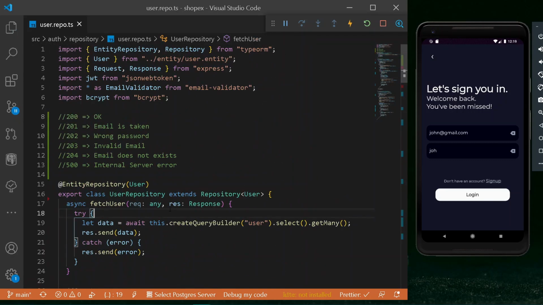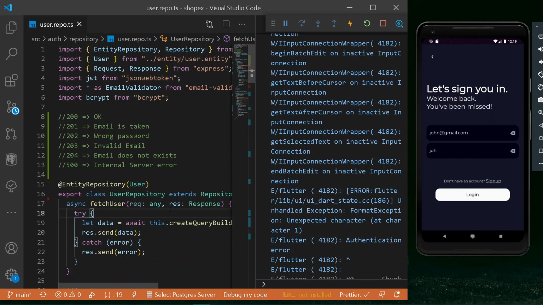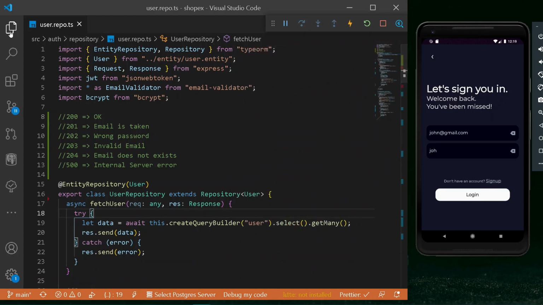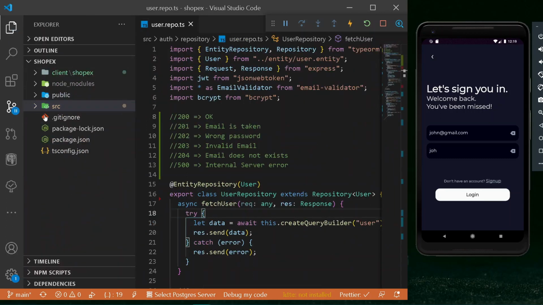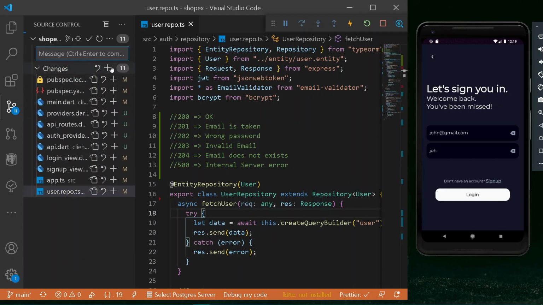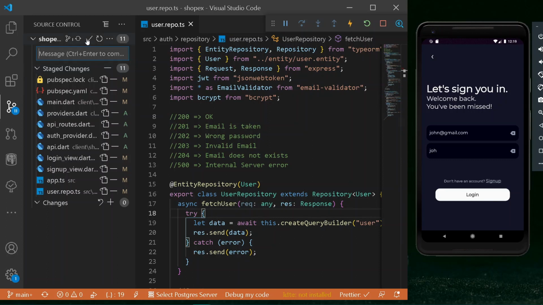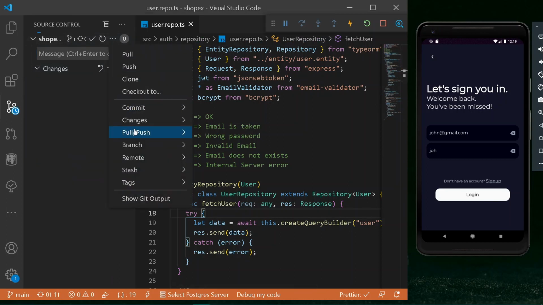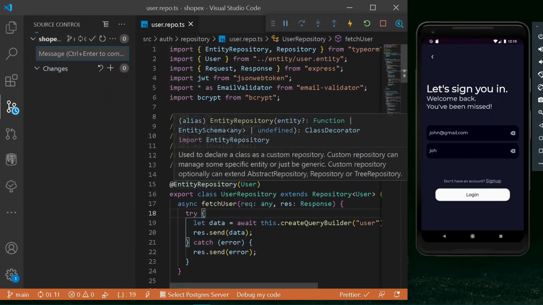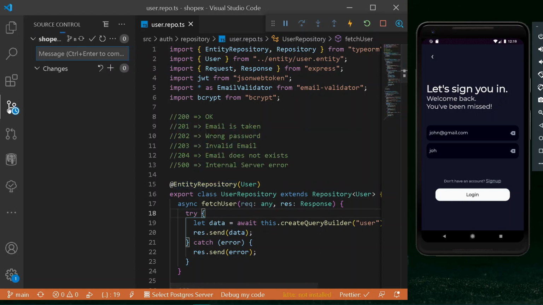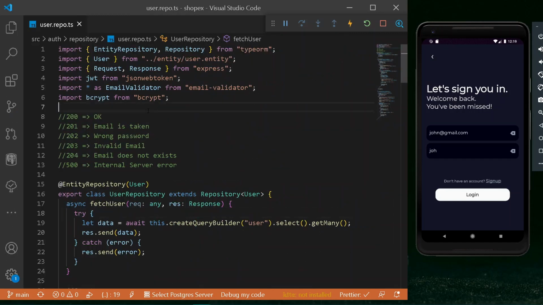So once everything is done from here, let's push changes over to our Git repo. So for that purpose, let's move here under our Git, and let's make the following changes happen here. Cool, so let's add a commit. Let's push the following changes over to my repo. Cool, so now let's make some of the proper changes over to our server.